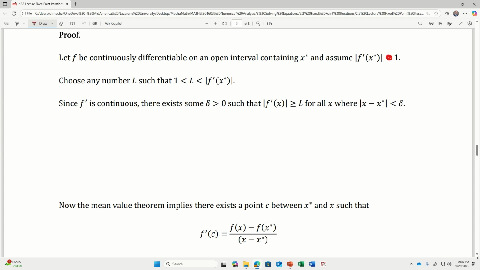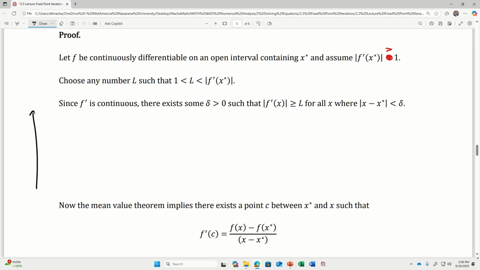Assume that the derivative at the fixed point is greater than 1. And if the derivative at the fixed point is greater than 1, then I can always sneak in a real number L that's greater than 1 but less than that derivative. So it's right there in between. Since f prime is continuous, there would exist some radius delta such that,